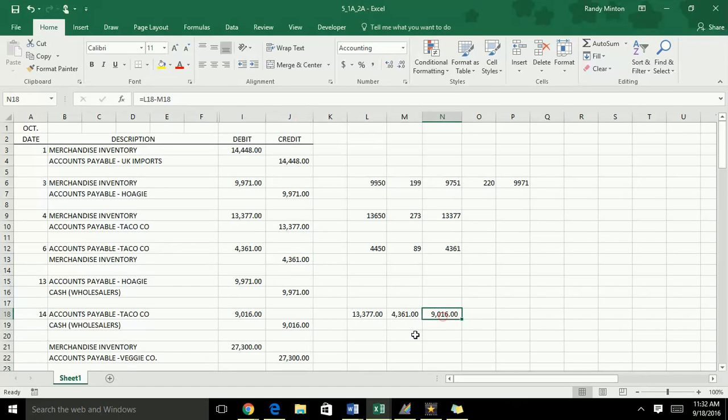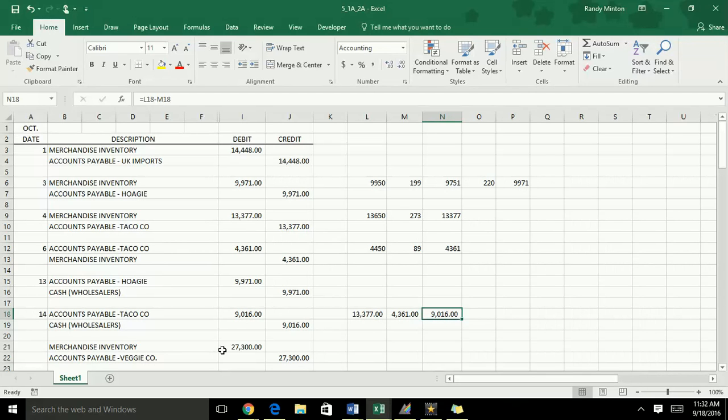So we arrived at a new number that we owed Taco of $9,016. If you were looking at a T account, you'd simply see on the credit side $13,377 owed. And then on the debit side, you would see $4,361 that came off the accounts payable. So we add likes, subtract unlikes, and in this case, we would have $9,016 remaining that we would have to